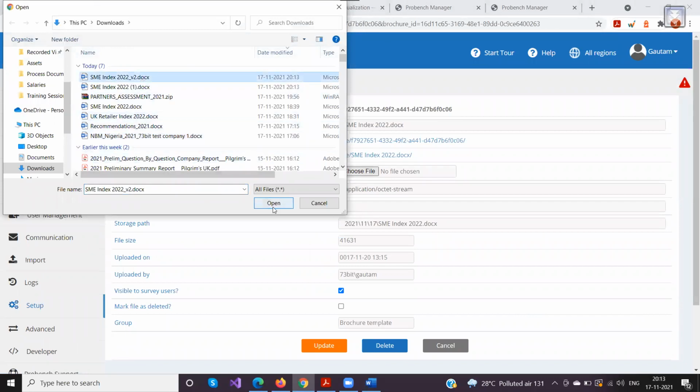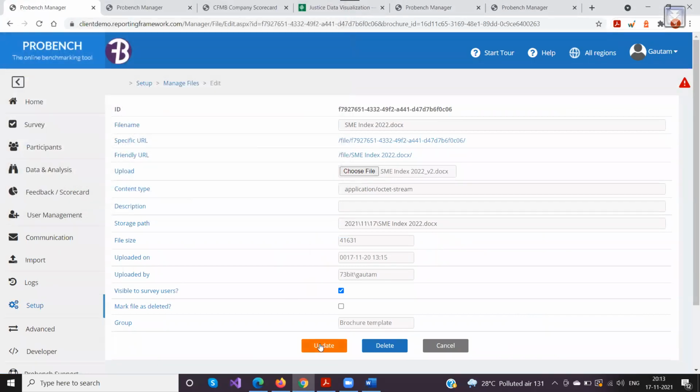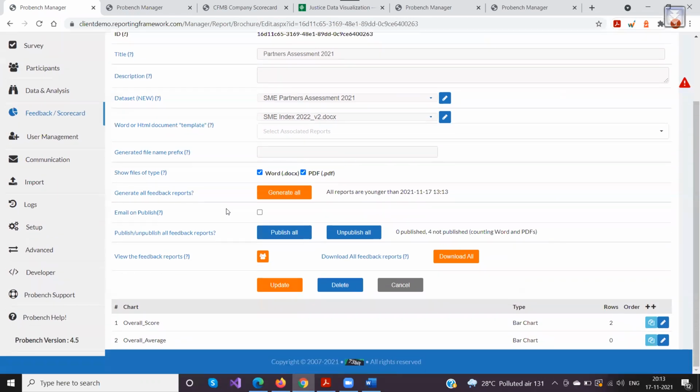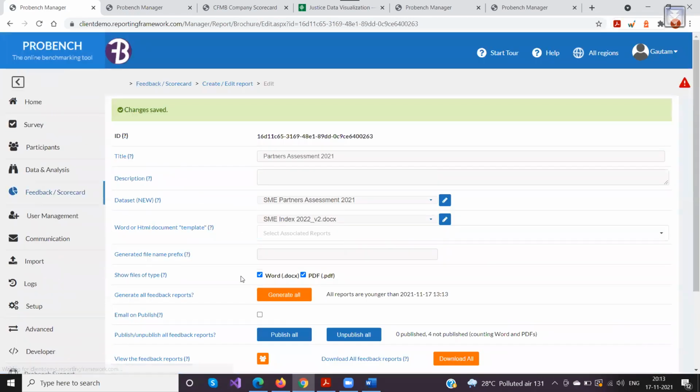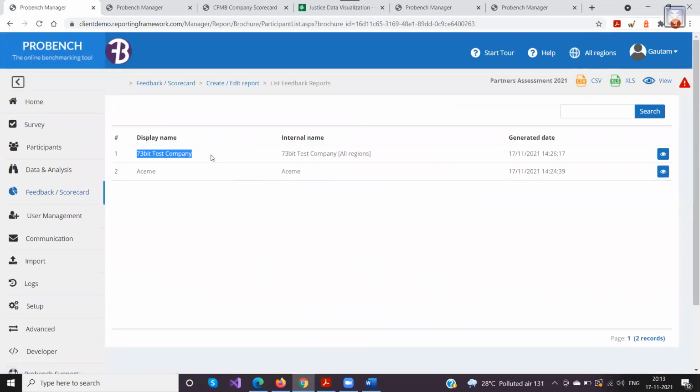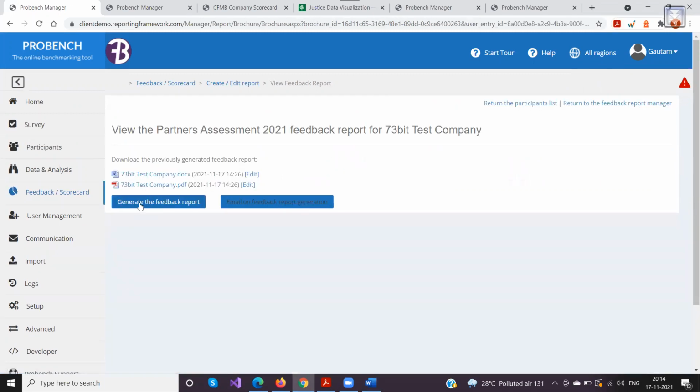I'll go to v2 and click open and update. So I went to this, edited it, and now you see the file name has changed here automatically. I selected that particular doc and updated the existing one which was there previously, and clicked on update. Now when I go here and want to have a look at this particular company, I'll click on generate feedback report.